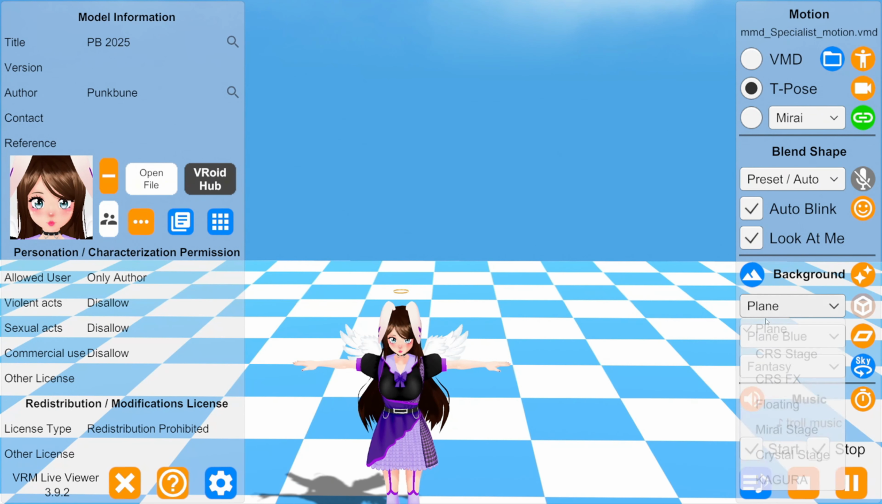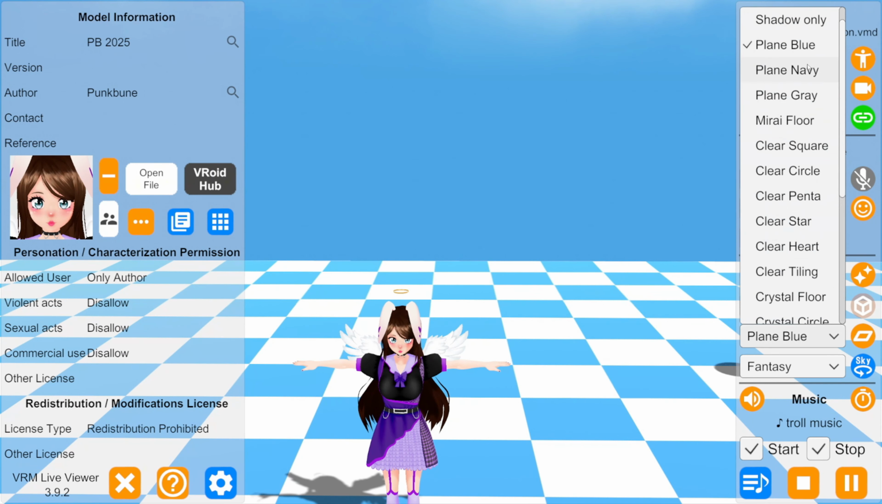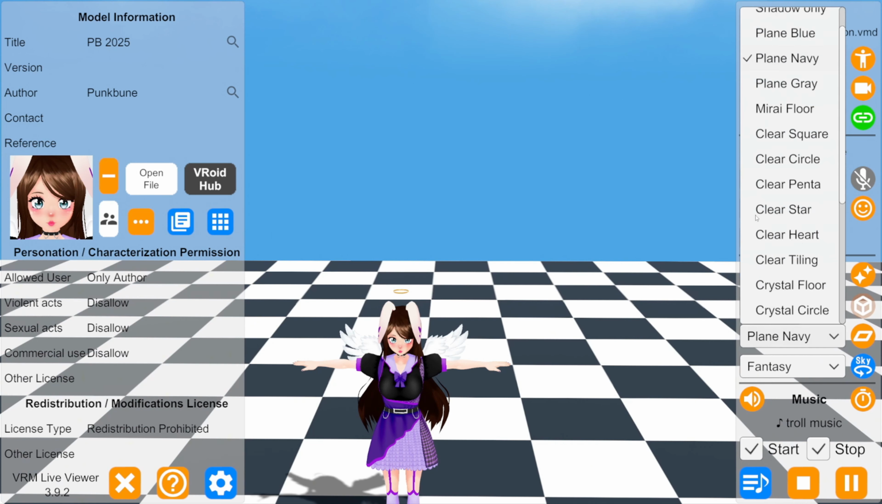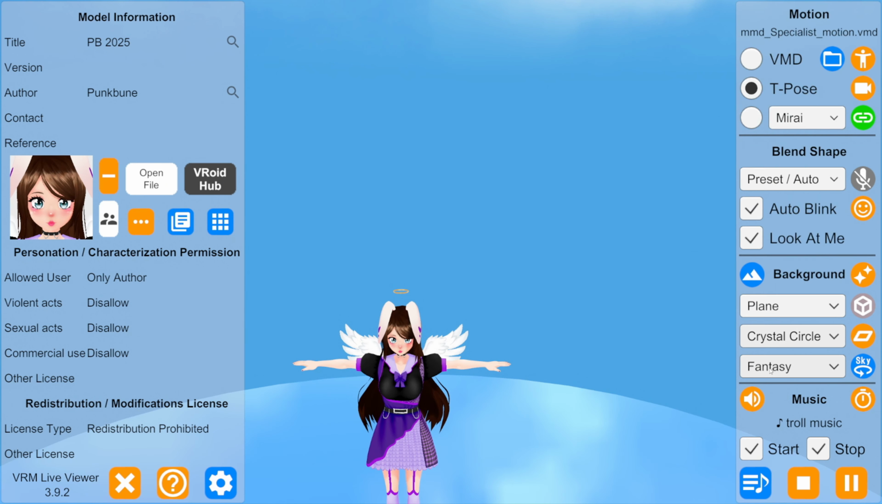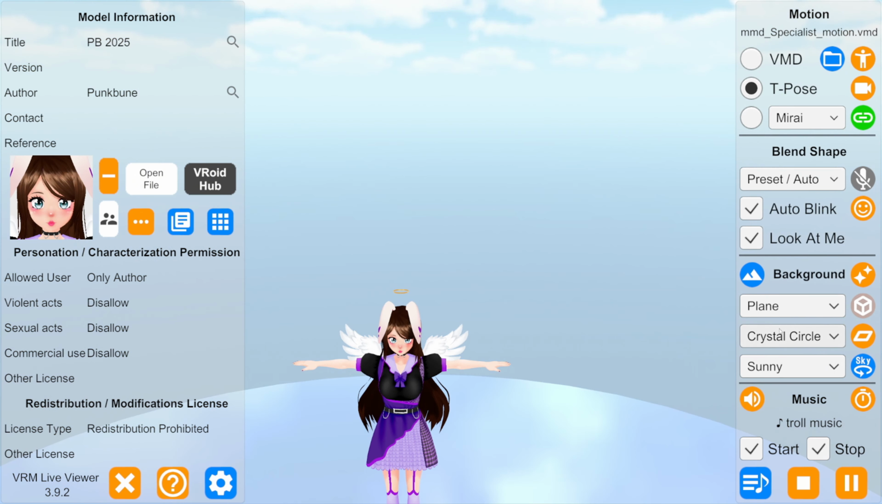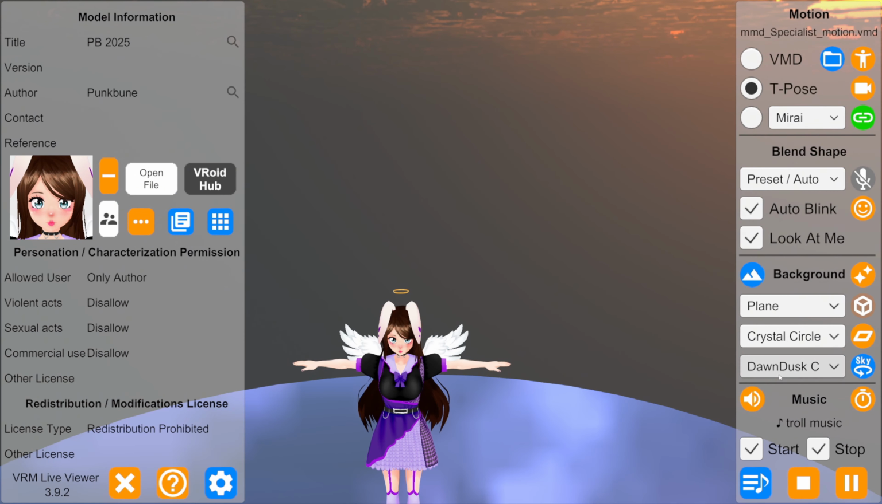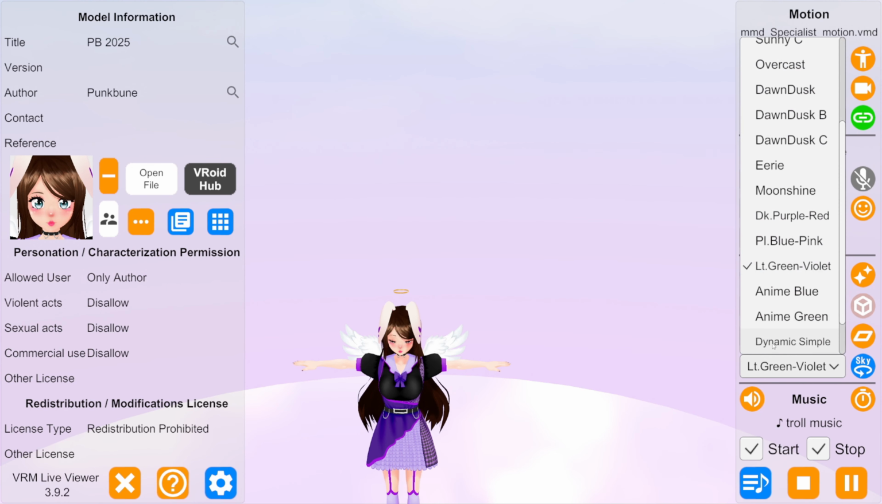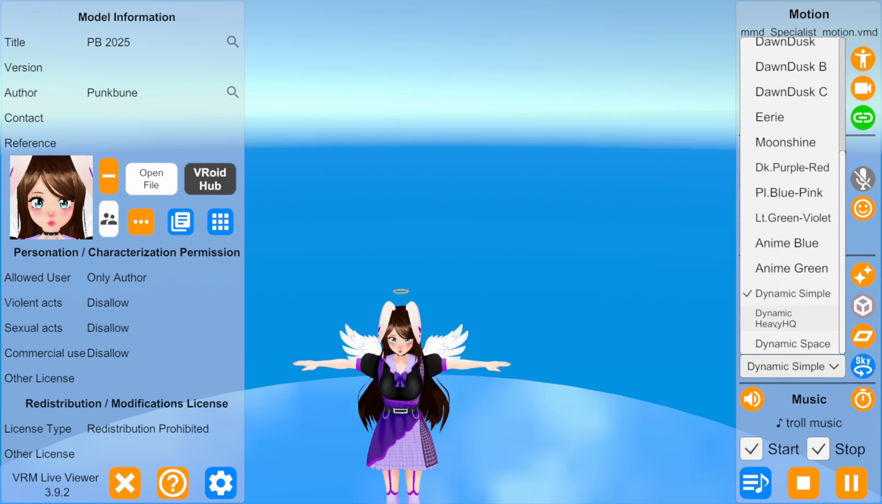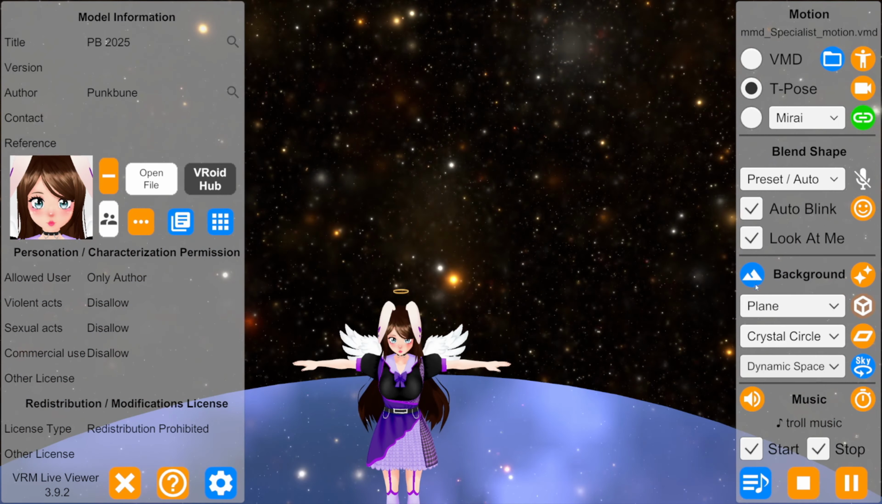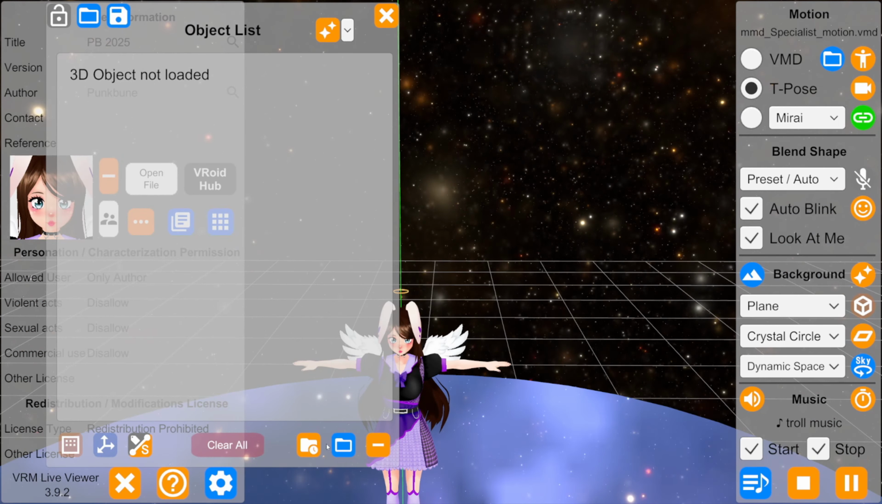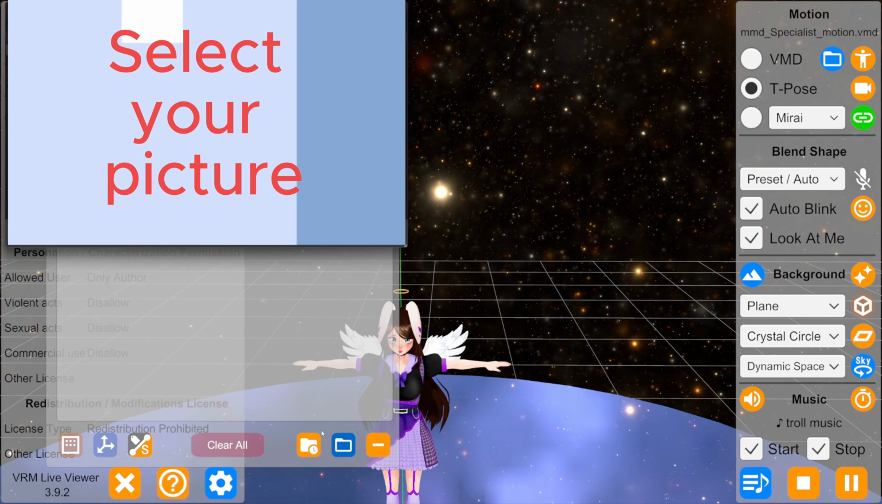If you want to edit a stage, you do have that option as well. You can change the floors and you can change the skies. A whole lot of cool options here for you. You can also load pictures. If you have a 3D image or even just a static